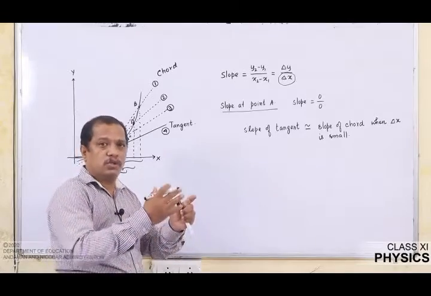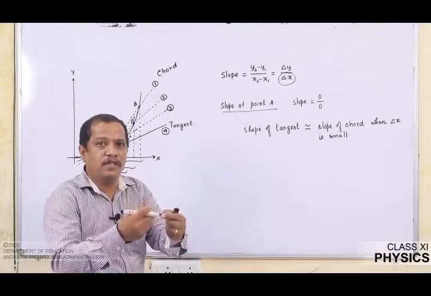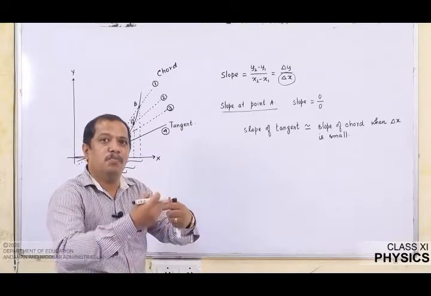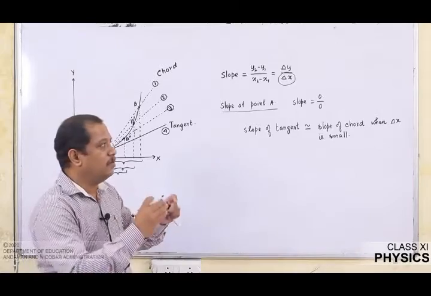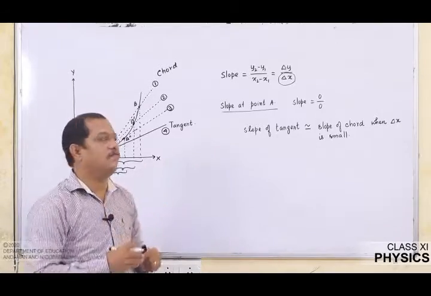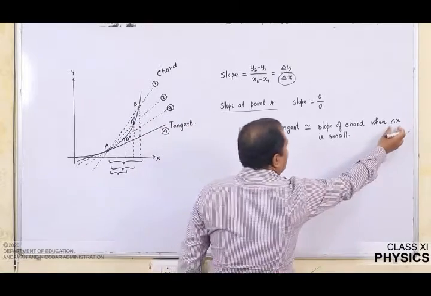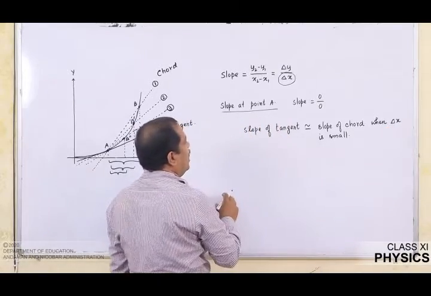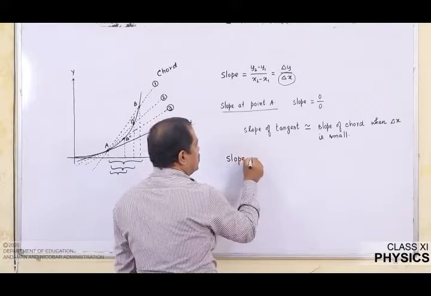The smaller you make the value of delta x, the closer the slope of the chord will be to the slope of the tangent, and mathematically we have to write this information. So, to make delta x as small as possible, we say the slope is equal to